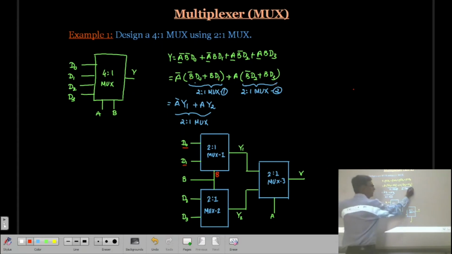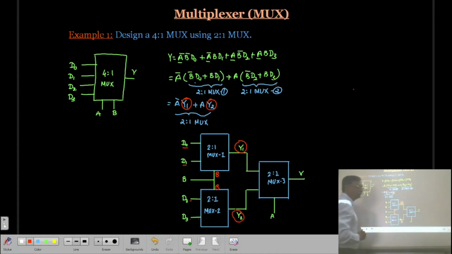Then another multiplexer has D2 and D3 as input lines, and B is the selection line. So B is common for both multiplexers as the selection line. Now the first multiplexer output is Y1, so Y1 is present here. The output of the second multiplexer is Y2, and here it is Y2.